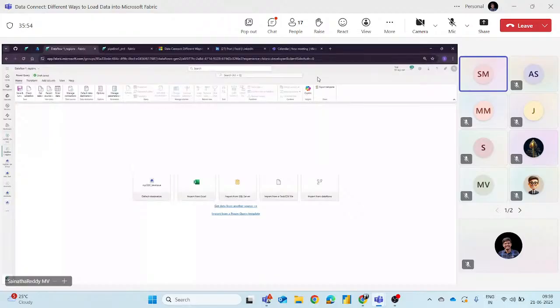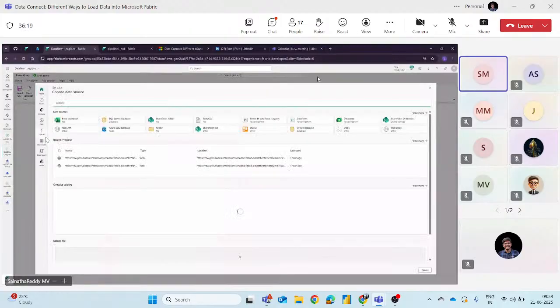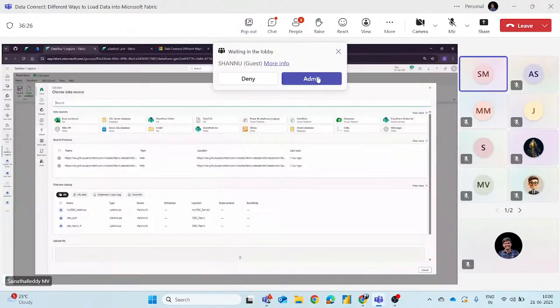Now I want to get this data through a different data source. If you see, this is the same as our Power Query. Power Query has come online. It is in the cloud now. You can see all the data transformations; once we load, I will show you those. Around 300 plus data connections we have in Power Query, the same as they have implemented in Dataflow Gen2.